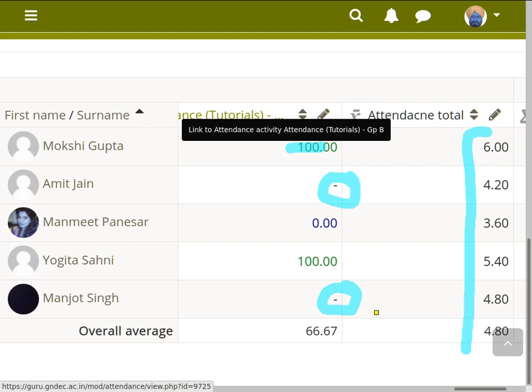And this is, as I said earlier, proportional. And if that is not the case, then you need to amend a little bit. That information will be available on the web page, which is displayed in the second last slide of this presentation. So this is how you can calculate marks for the attendance.